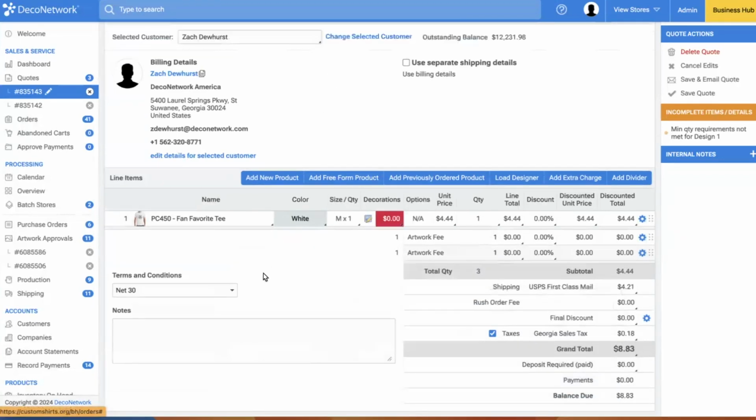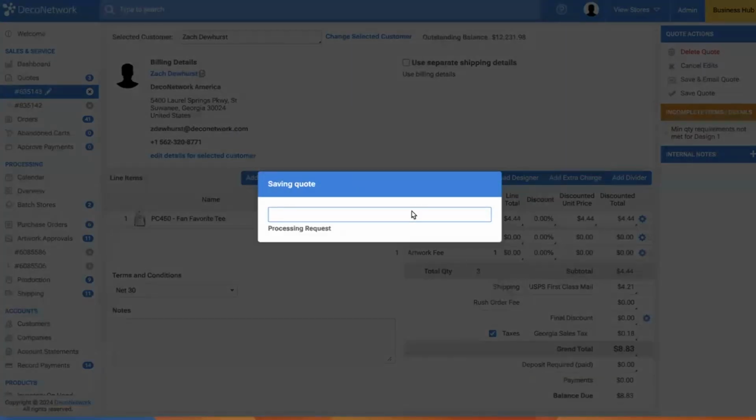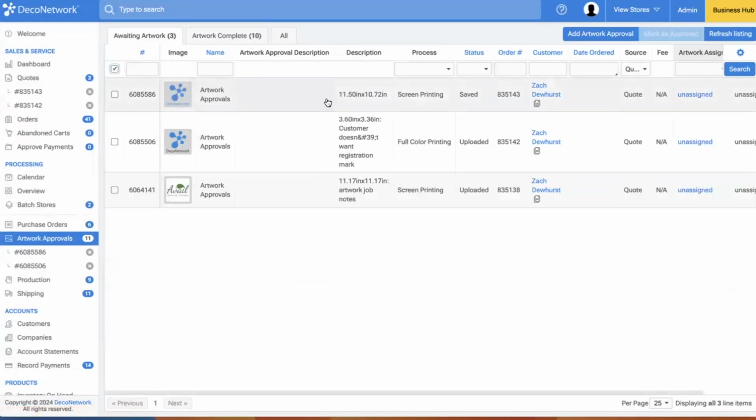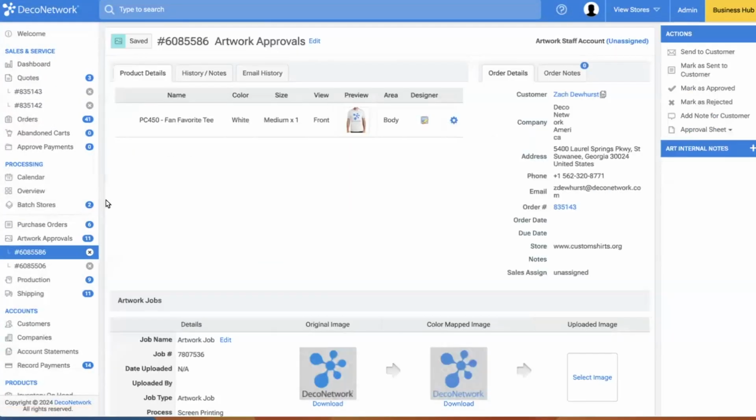But with this example, we now have a placeholder. This is not an official order. It's just a quote. We need to get the artwork before we turn it into an order. Most shops don't work this way, but it's absolutely possible. I would then